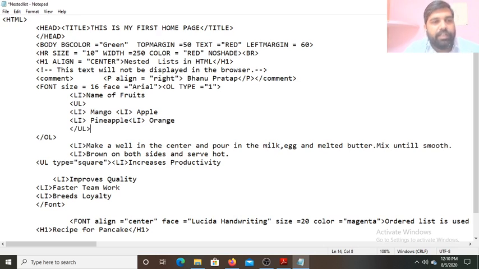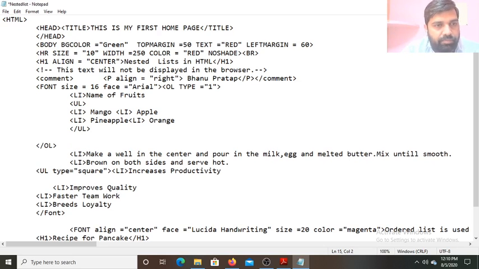Now see, the UL tag is closed. Inside this ordered list, the second list item we are going to write, based on improves quality.